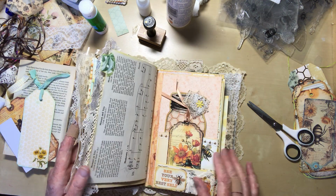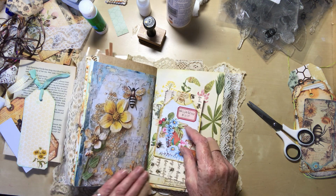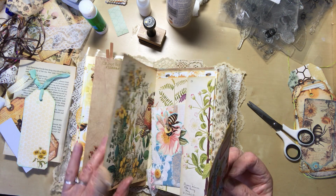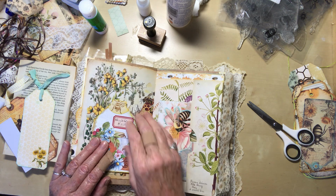So that page, let's go through a bit. Might have been a similar page. Well, I think maybe this might go here better for the pinks. Yeah, I'm going to put it there. Now, what I was thinking of doing,